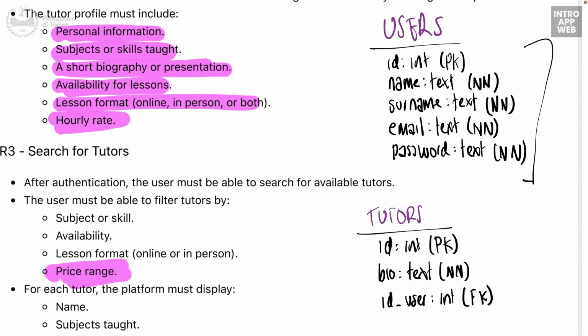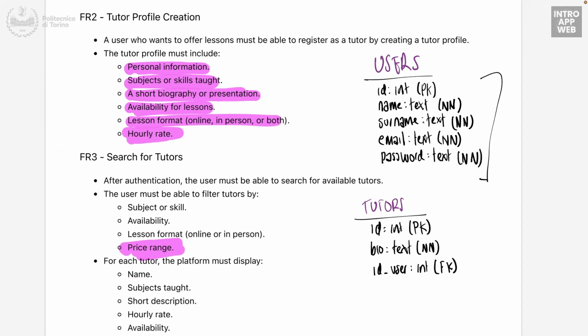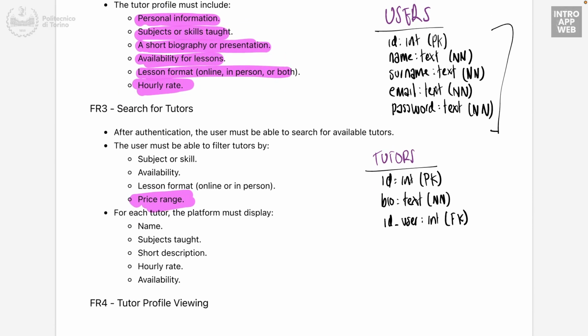In this case, if we follow this approach, how do you think the cardinality will be between a tutor and a user? It's one-to-one, no? At the end, I don't know if this is completely clear, but at the end, it's like